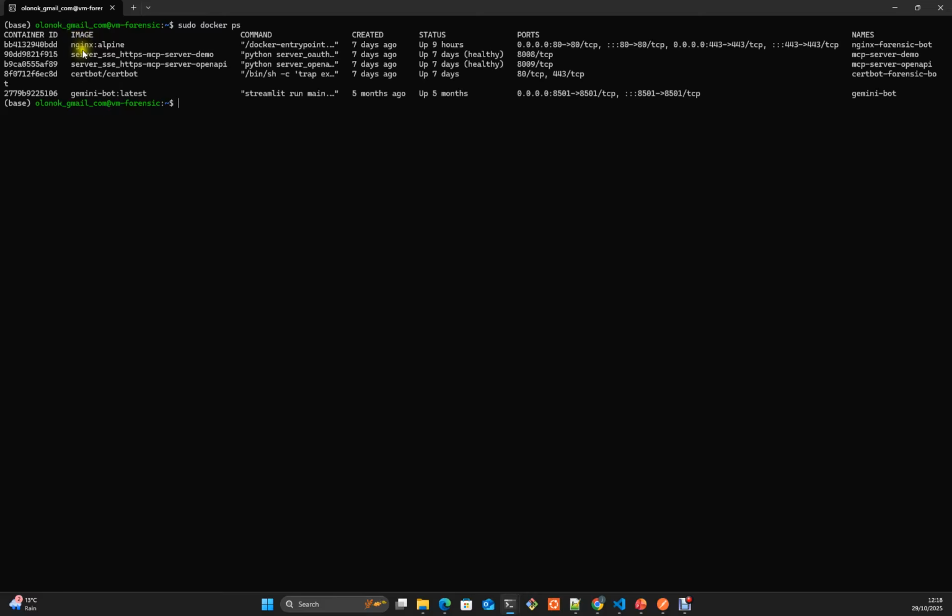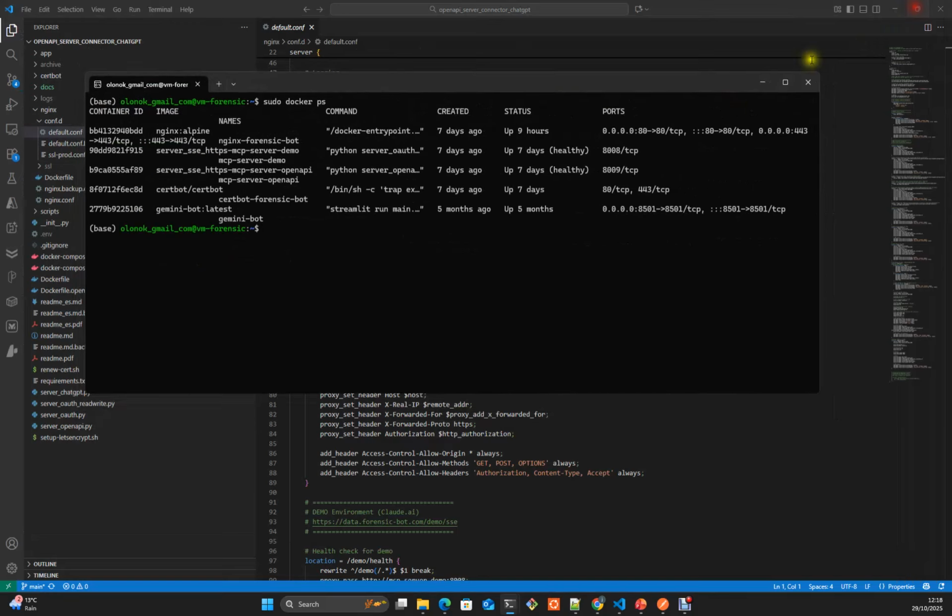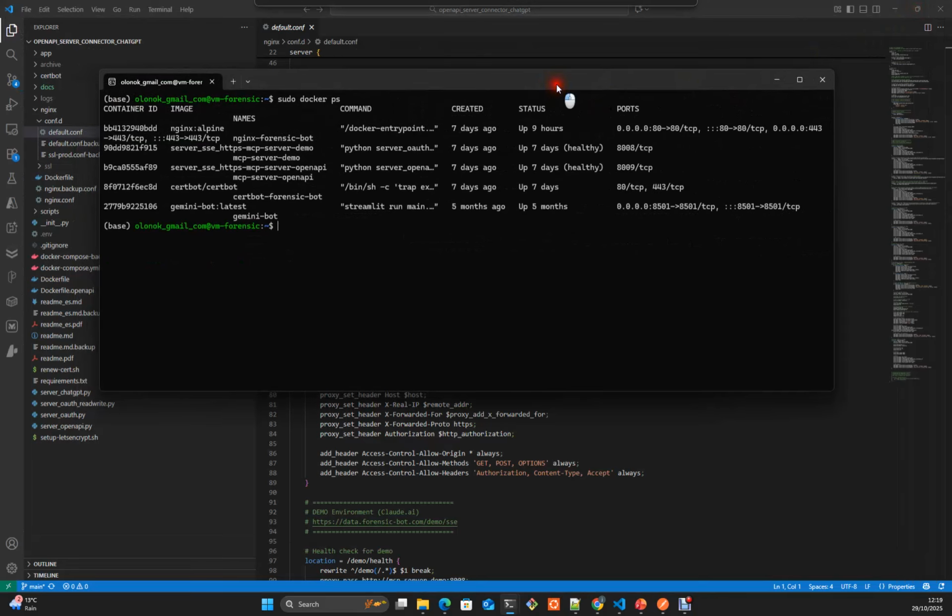We had these four, as I mentioned before: the NGINX server, the MCP server compatible with Claude AI, the OpenAPI server, the one that we are using, and the Thorbot.